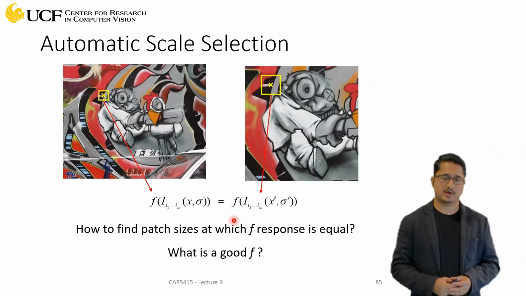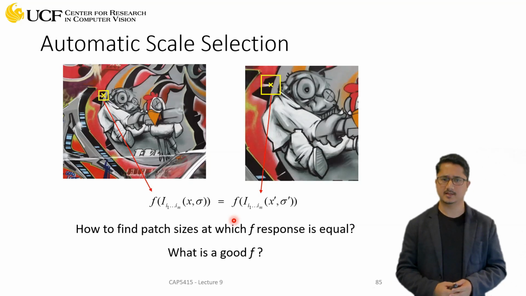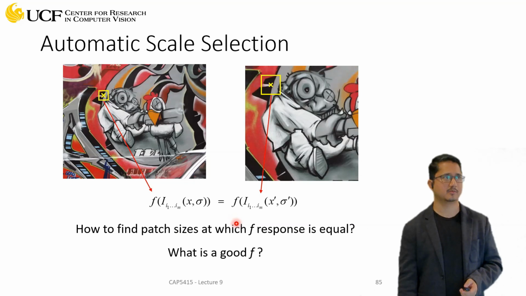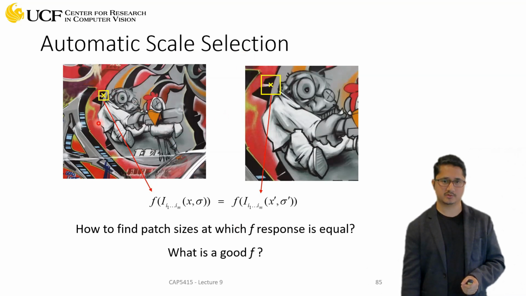So let's now try to understand the search in multiple scales, and this is actually quite interesting. We'll spend some time on this. So let's see how we can actually perform this automatic scale selection. Okay, so one brute force way will be, let's say you have this particular object which you're interested in, and